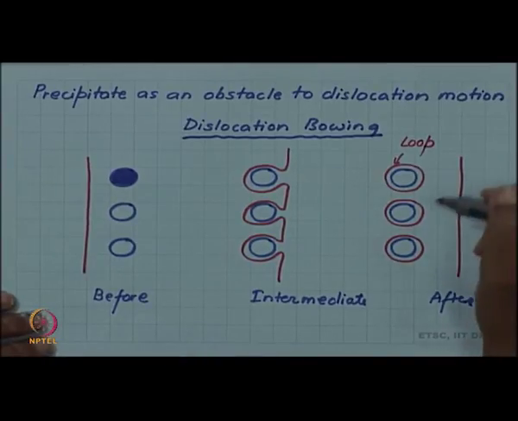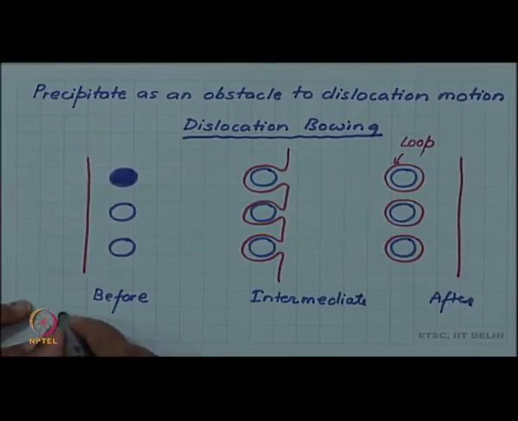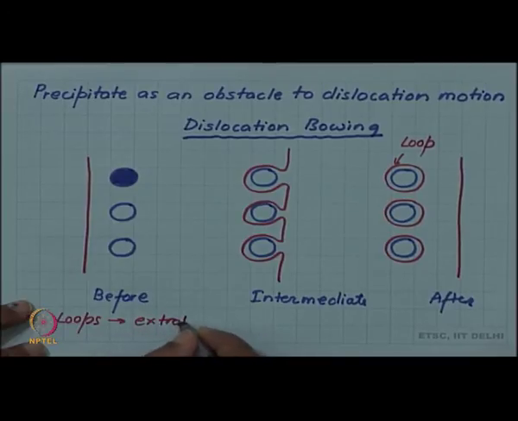So, in a sense the overall length of the dislocation line has increased. So, these loops are extra length of dislocation line